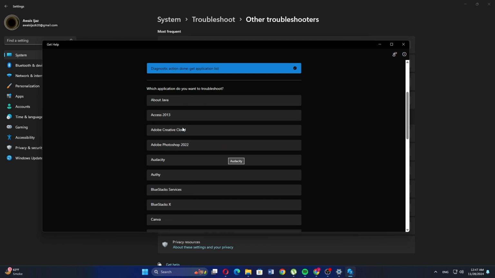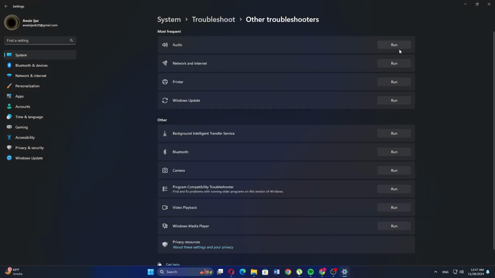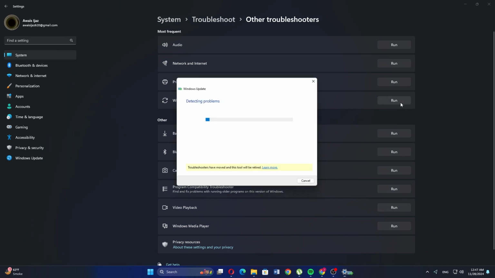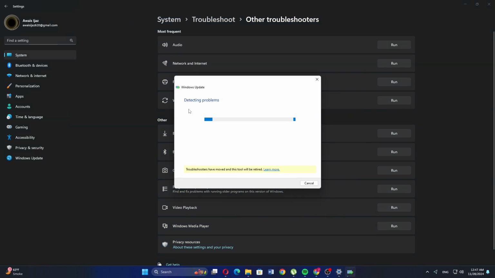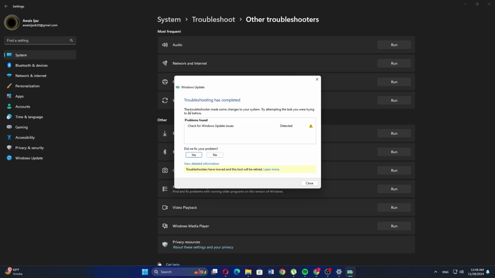Now, go back to the Other Troubleshooters page and look for the option next to Windows Update. Click on Run here as well. The troubleshooters will begin detecting any problem related to your Windows activation or updates. Let it run and follow any steps suggested to resolve the issue. If the problem persists after these steps, you might need to ensure your product key is valid or contact Microsoft